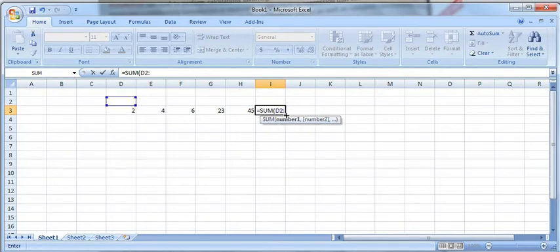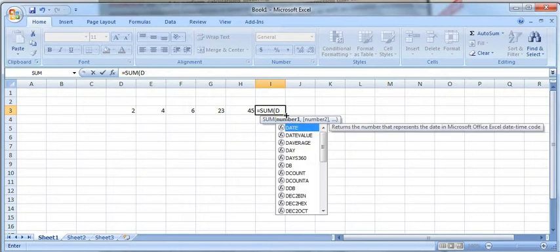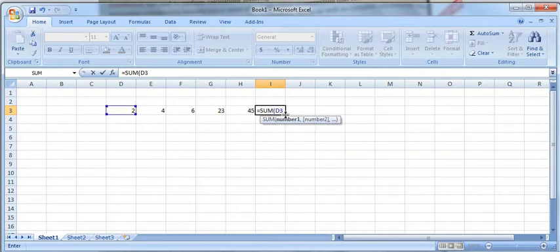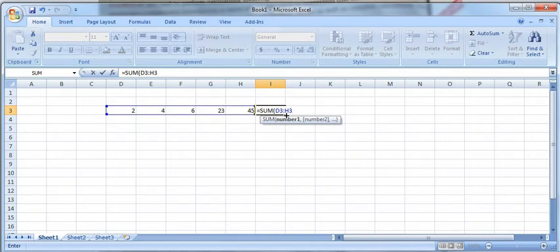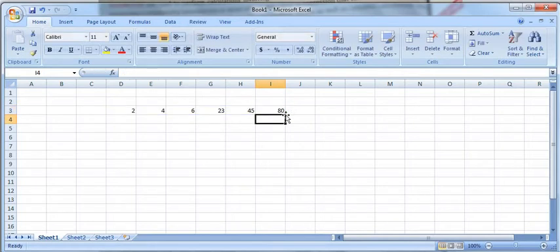Then what is the last cell? It's not D2, sorry, D3. Okay, D3. So this is the first cell of the range. Then after this H3. Okay, H3, this cell. So this range has been selected. After this I will close the parenthesis, then I will press the enter key. So it is the answer of the addition of all this, right?